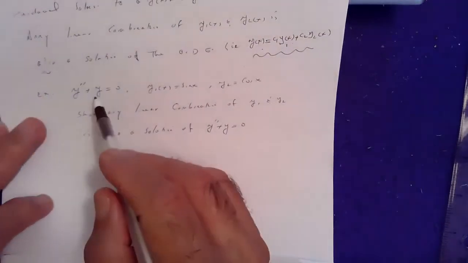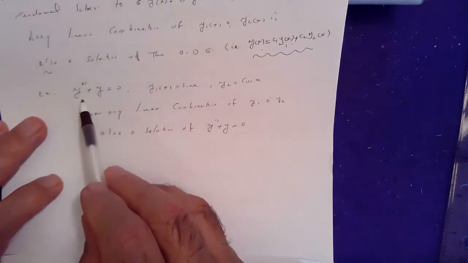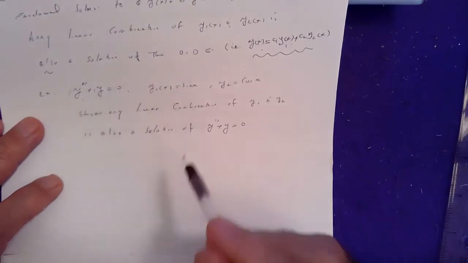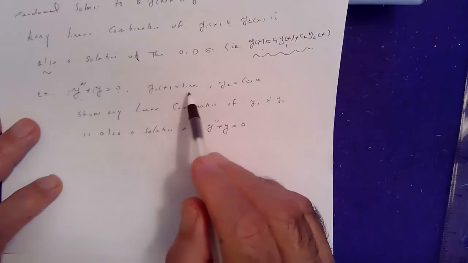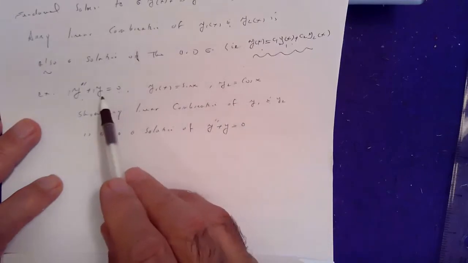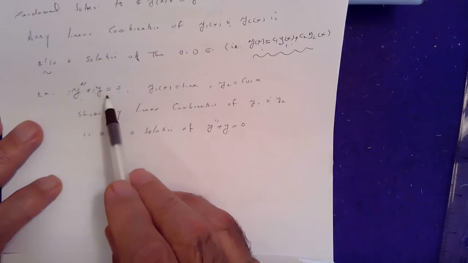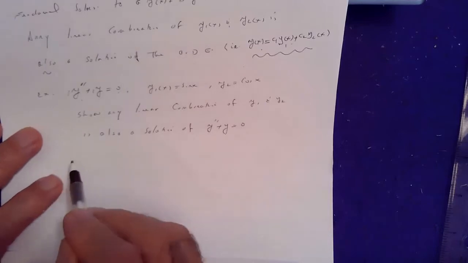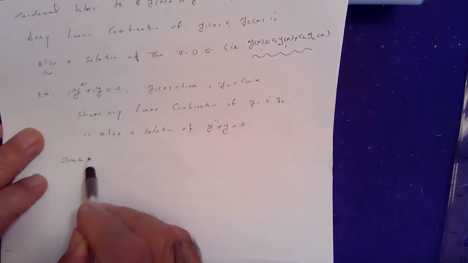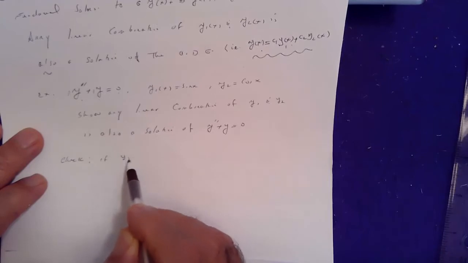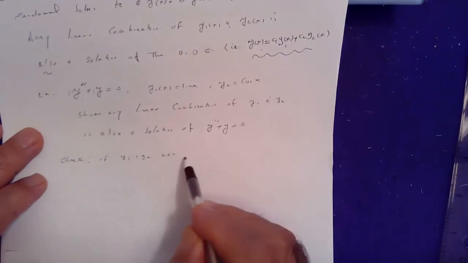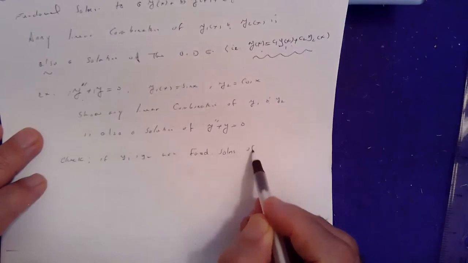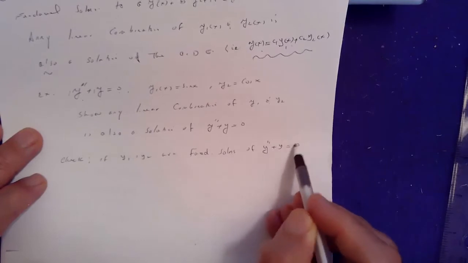Suppose you are given this differential equation, which is second order linear homogeneous with constant coefficients, correct? Imagine I tell you, or they give us, sine of x and cosine of x as two solutions for this differential equation. The question is, are these fundamental solutions? Well, in order to check to see if y1 and y2 are fundamental solutions of y double prime plus y equals 0,